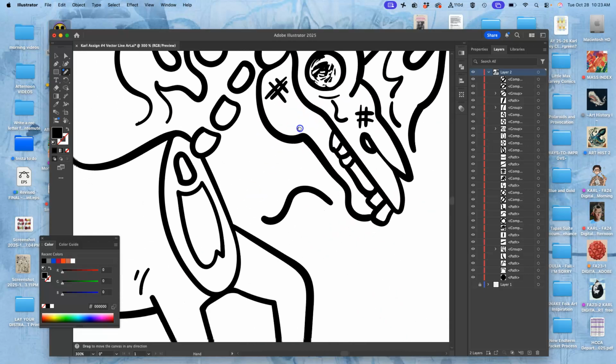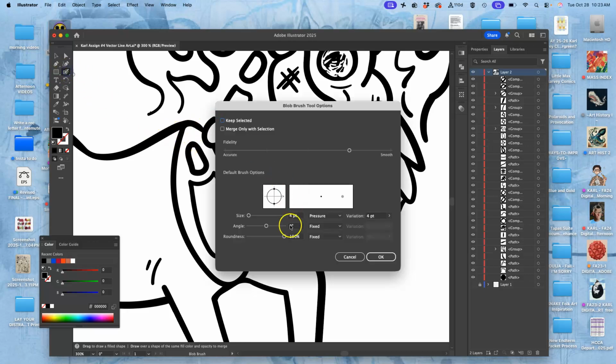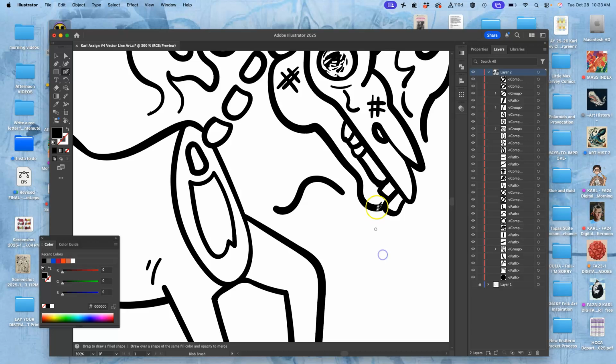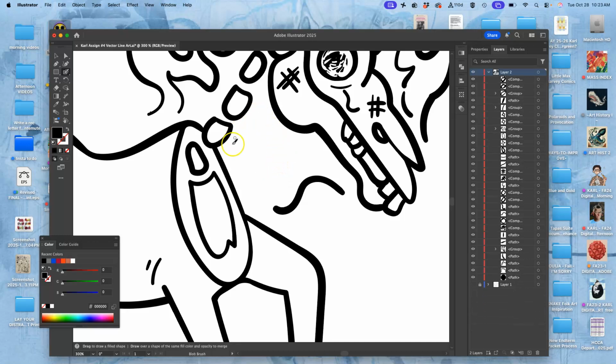And then what about here? This is kind of like a cross section. I can do it with just color, but I can also use the blob brush, and I can do a fixed size. So I'm going to do a 3-point fixed. So this is what's called a technical line. Means no matter how hard I press, it's always going to be the same width. And what I'm going to do is actually lock this layer,